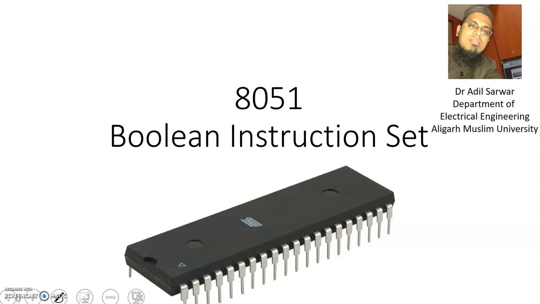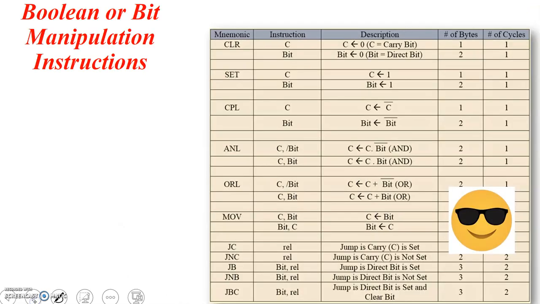Today we'll be discussing the Boolean instruction set. You could see here these are the Boolean instructions: clear, set, which is basically SETB, then complement, and, or, move, and some jump instructions which we will discuss in the next video. One thing to note here is that some of the instructions we have already studied